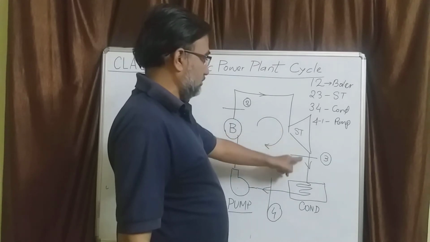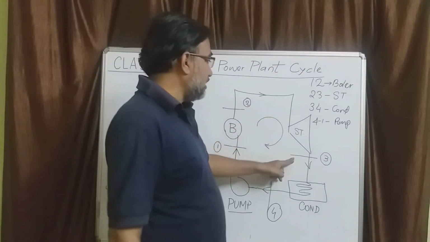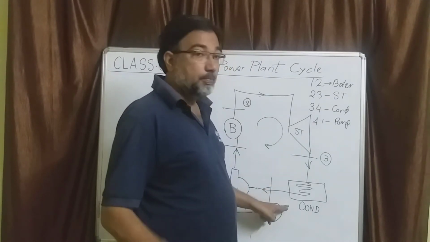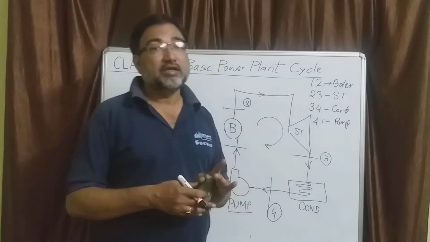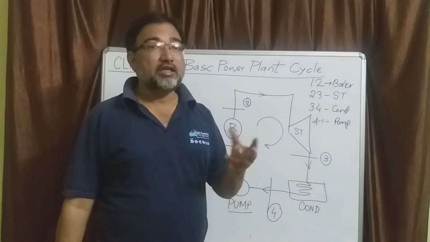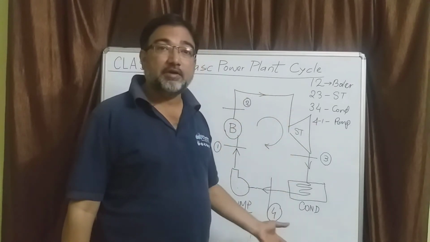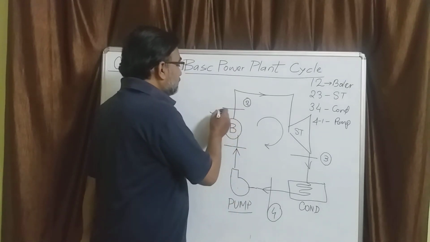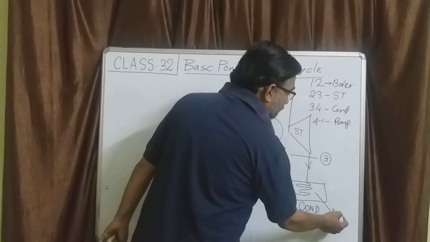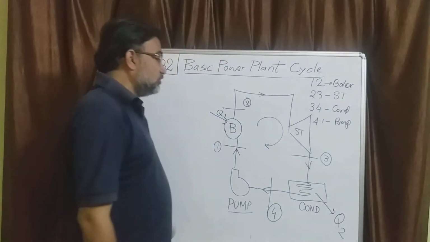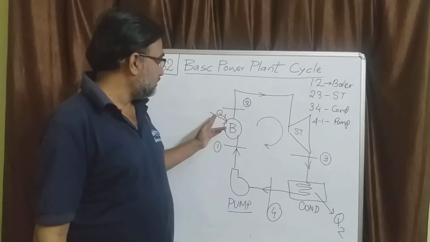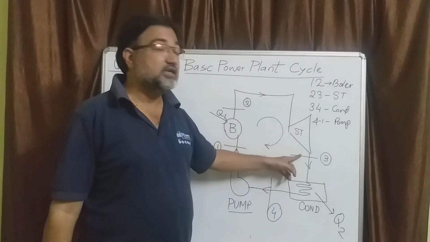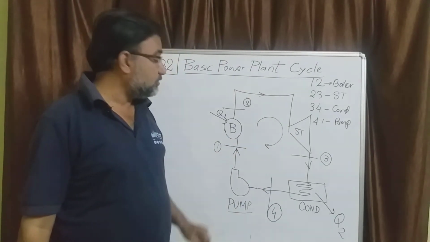This is constant pressure, this is reversible adiabatic expansion of steam. This is constant pressure heat rejection. Because again the second law comes into action here. The Kelvin-Planck statement says, if you want to have a cyclic device or cyclic arrangement, and if you want to get some work, then you have to supply heat at one place from the source, and you have to reject heat to the sink. So there has to be Q1 and Q2. Here Q1 is in the boiler and Q2 is in the condenser. And of these two processes, 2 to 3 is a reversible adiabatic expansion, and this is a reversible adiabatic compression.